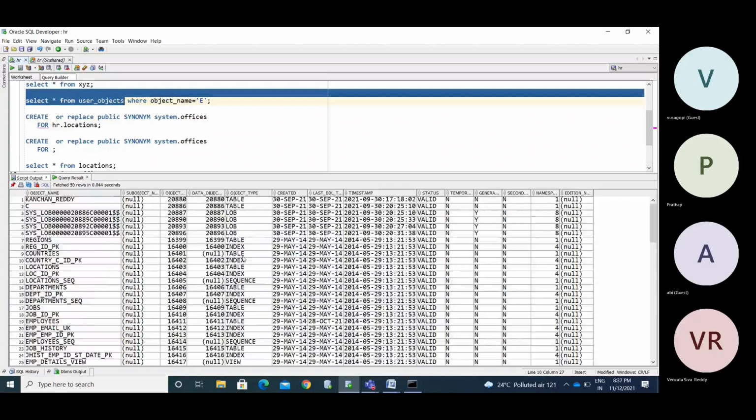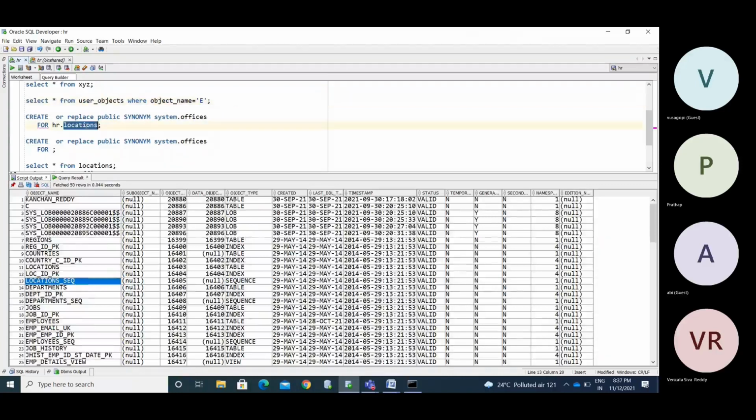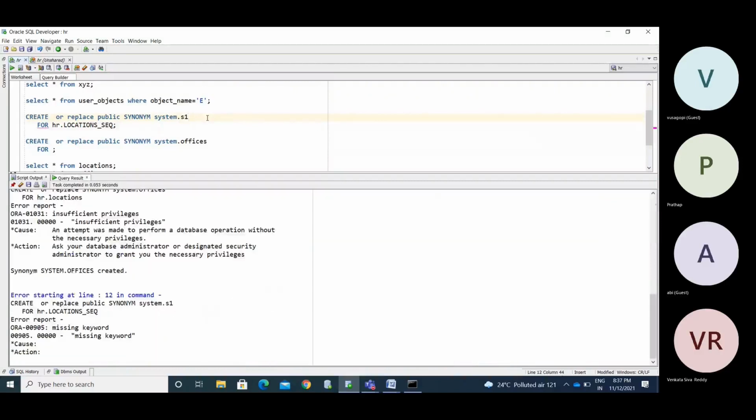Let's take a sequence, the locations data sequence, and try with that. HR locations sequence.